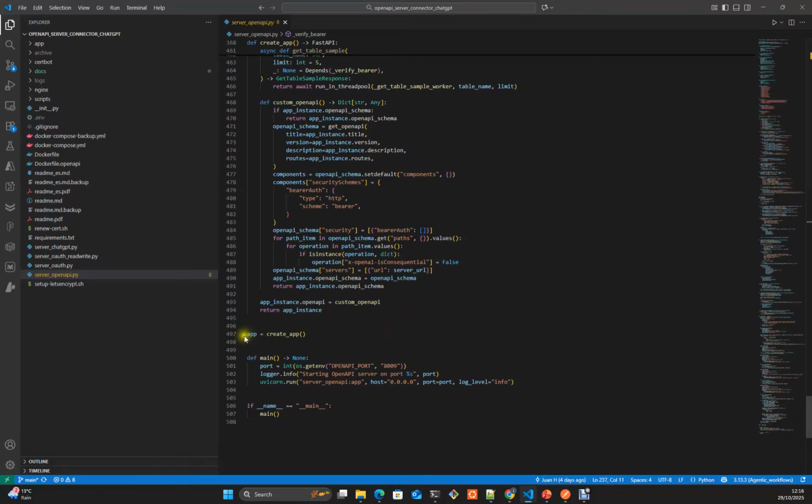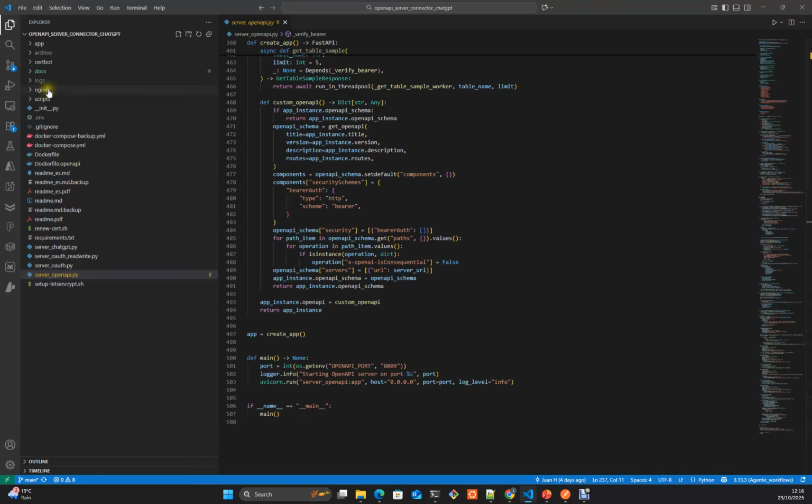Finally, here we create the application, and we just run the application with Uvicorn. Uvicorn, as you remember, is the application server where we run the FastAPI application.